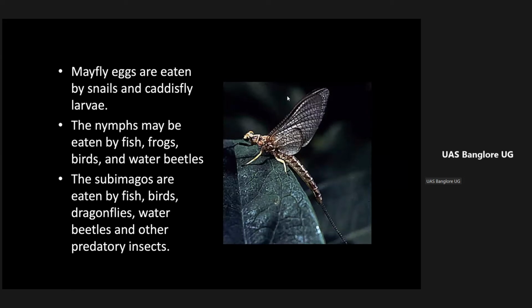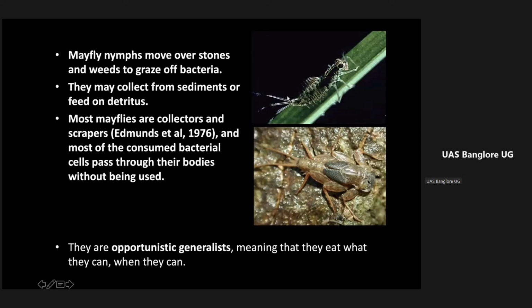And where do you go and collect it? You can go and collect it in the ponds or aquatic ecosystems, so you should know where to look for insects. Okay, so nymphs are like this. They are inside the water, and you can see that there are gills on their abdomen, and they will be on the stone or in the free flowing water.